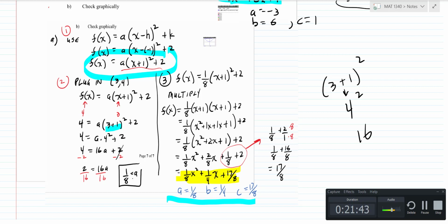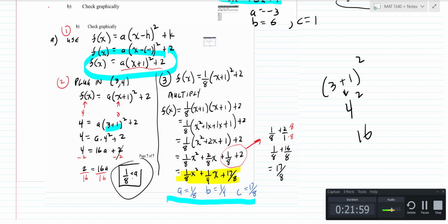So anyway, you solve that for a, you get a equals 1/8. Okay, are we at the 1/8 part? Did I think everybody got that? Okay, all right. And once you get the 1/8 part, then it's just a matter of multiplying the whole thing